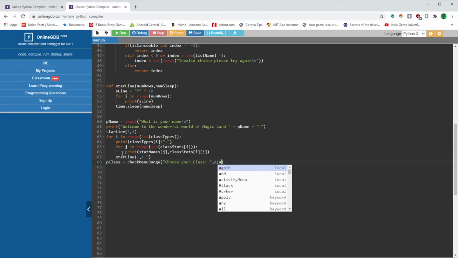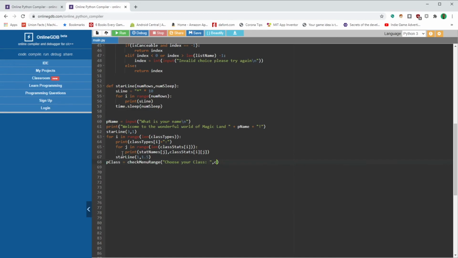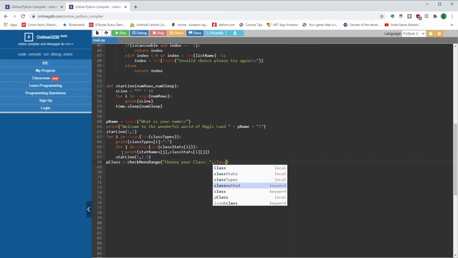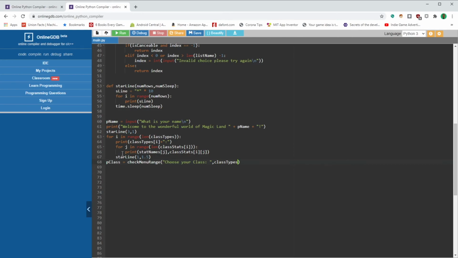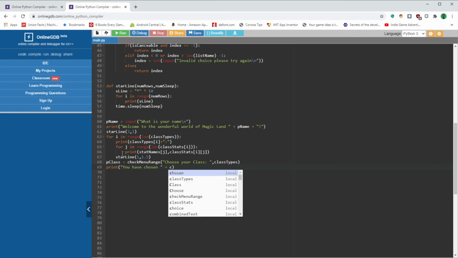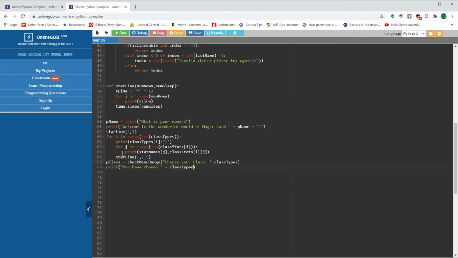And it's class types. Then we're going to print out you have chosen plus class types P class. This P class now holds what number class we are in, plus